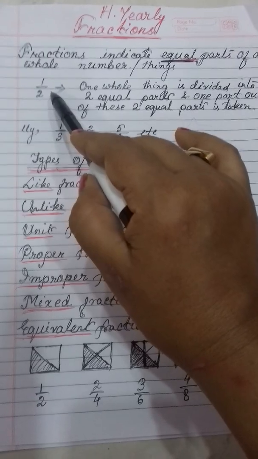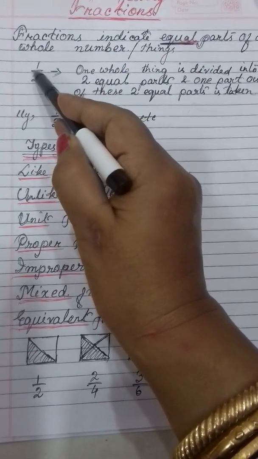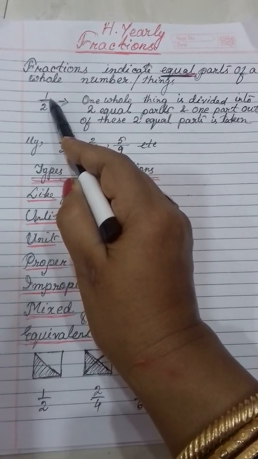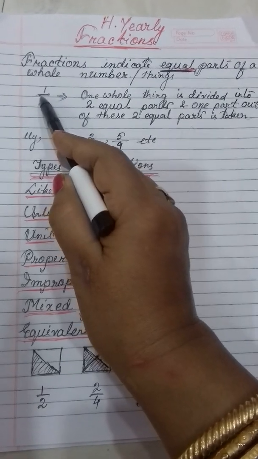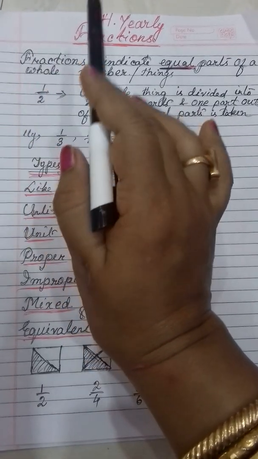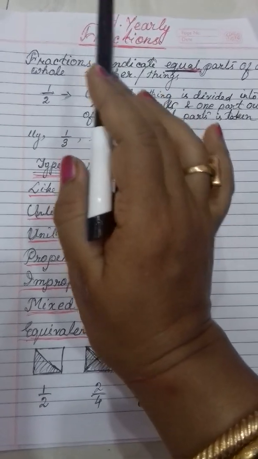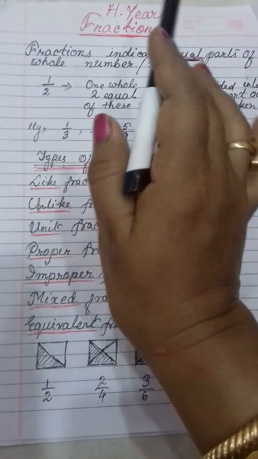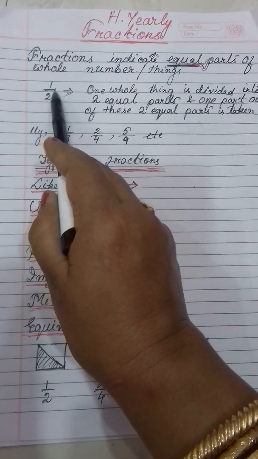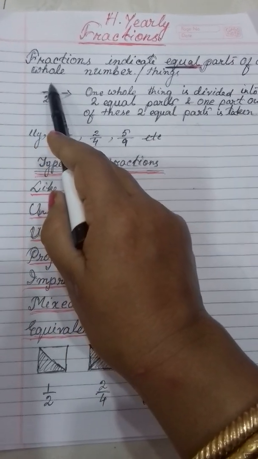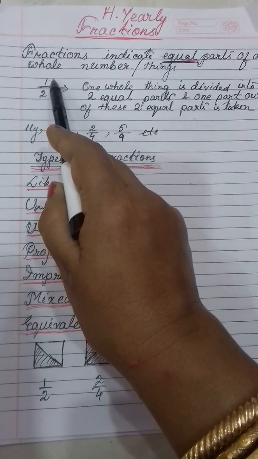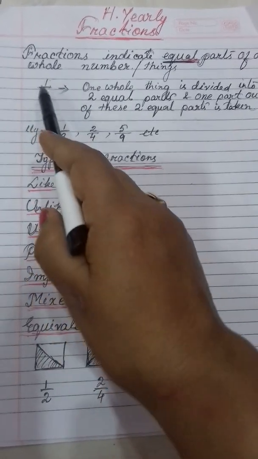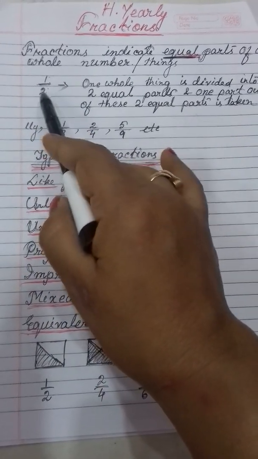Why and how? Now this sign, middle sign, it is the divide symbol. So as fraction indicates equal parts of a whole, equal part means you have to make two parts or three parts, whatever. That means you have to share the thing, or you have to divide. So for that, this sign, it is the divide symbol. Clear? Now all of you know this thing is known as the numerator and this one is known as the denominator.